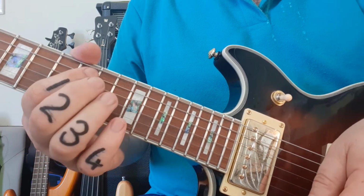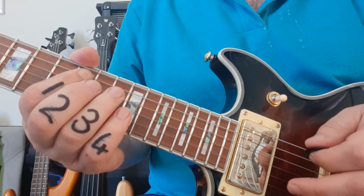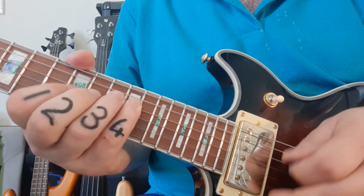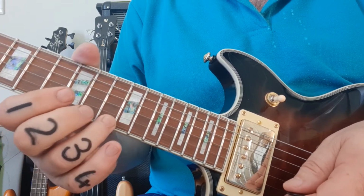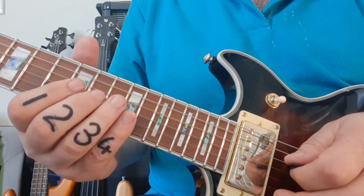For those who prefer to work the modes from the 5th string, which I personally don't recommend, I'll explain in another video why. You could also play the A Aeolian from the 5th string fret 12, and it will also sound like this. That note shouldn't have been there. My fault, apologies. Okay. Now, getting onto the whole thing over here, the note that doesn't fit,